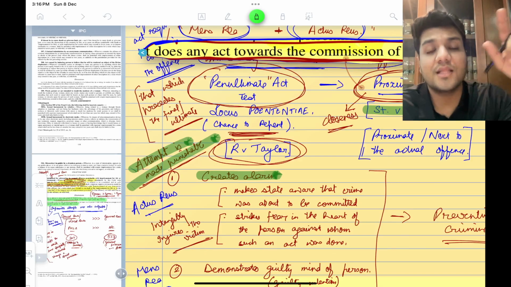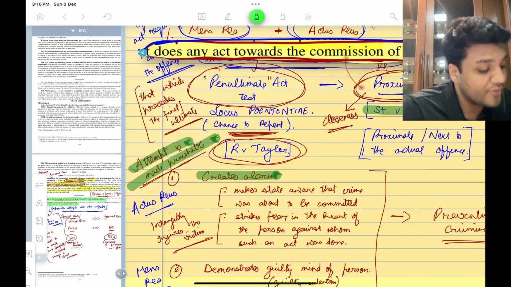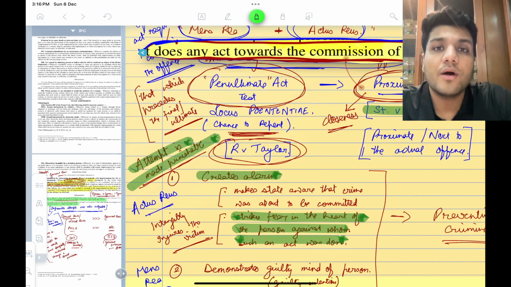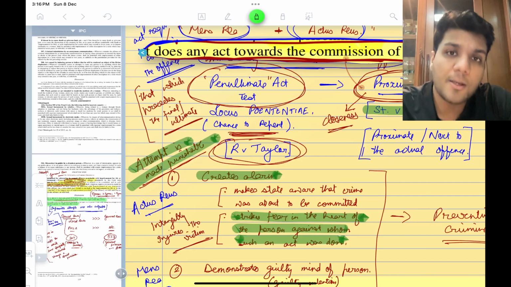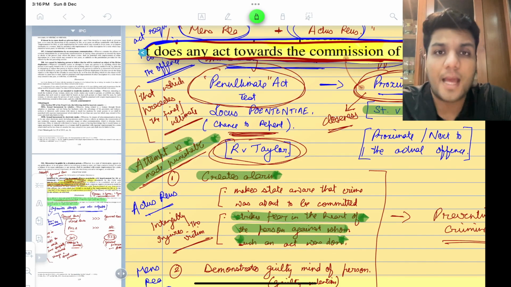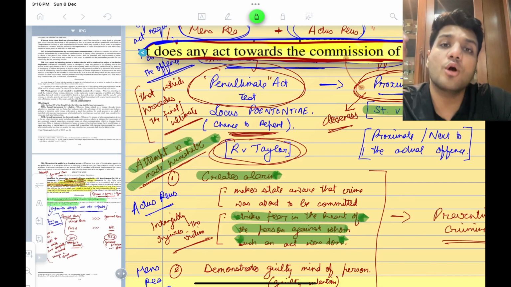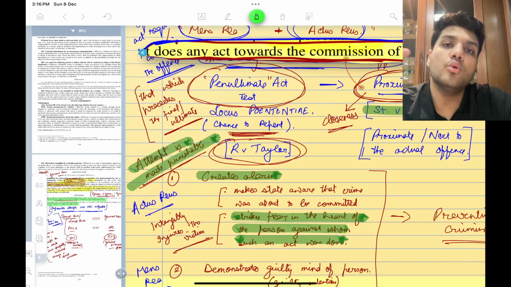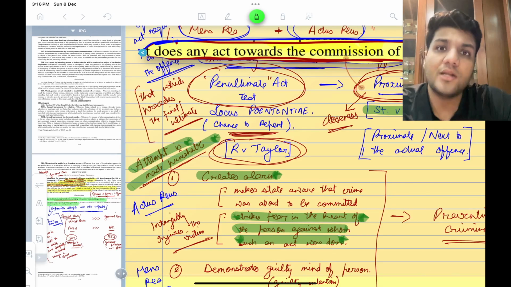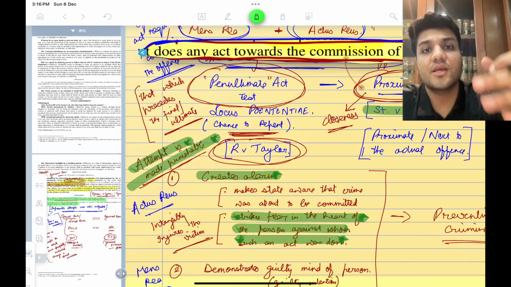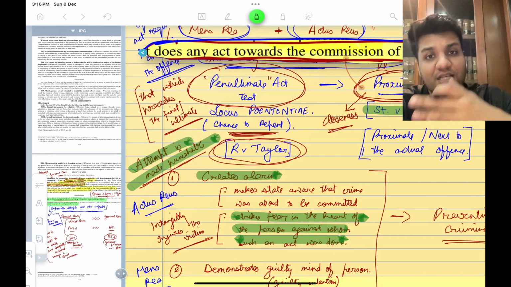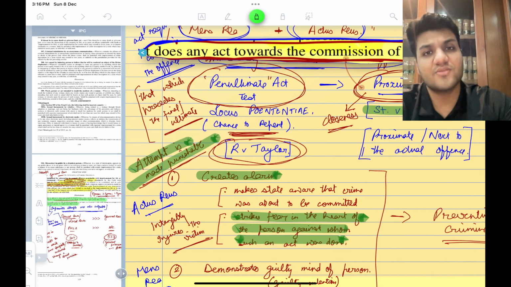So it not only creates alarm in the mind of the state, but it also creates alarm in the mind of the victim, right? This is important to understand because the effect of an offense is not only physical. If you punch someone, they will not only suffer physical harm, but they will also suffer mental harm. Because let's say someone breaks into your house and tries to steal something, not only will you be robbed of your possessions, but you will also be robbed of the comfort that is associated with your house. You will feel that your house is not safe anymore, and therefore that mental disturbance will happen. That happens whether an offense is successfully done or unsuccessfully done, because in an attempt as well, the injury